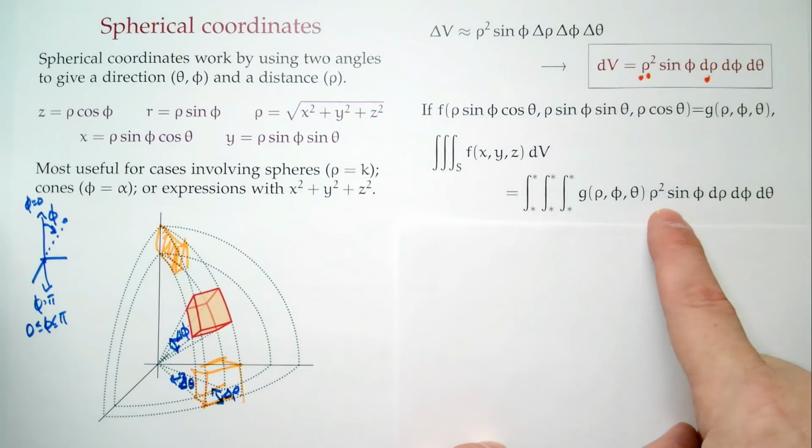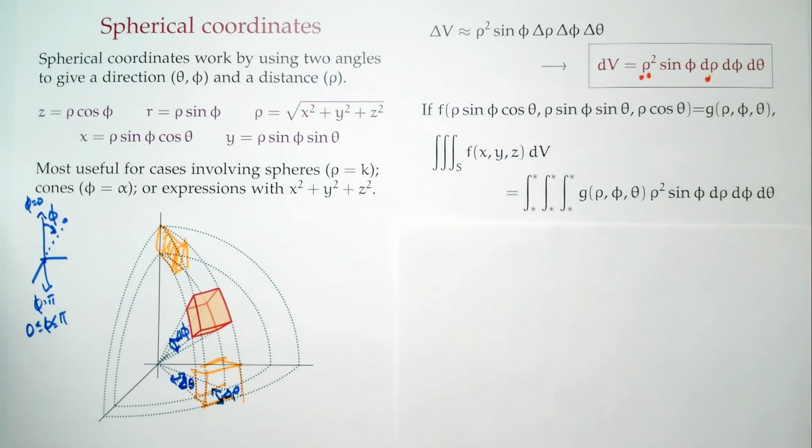And then we have the rho squared sine phi d rho d phi d theta. Now, the hardest part about this is just remembering rho squared sine phi d rho d phi d theta. How are you going to remember that? There's good news. We're going to do something in the next minute or two where you won't be able to